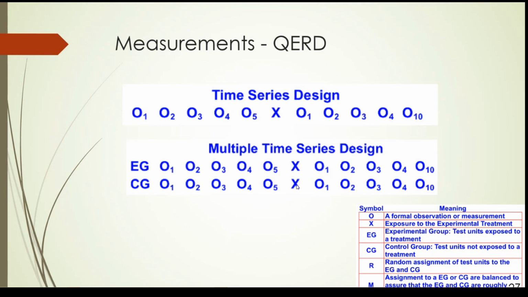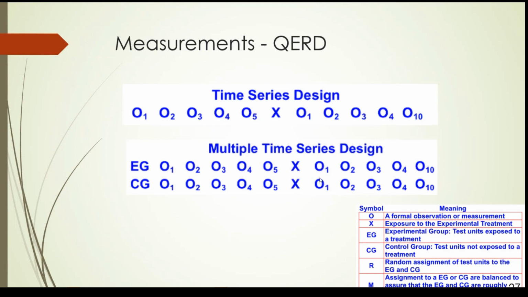In the control group, there's a typo error here. You don't subject them to the treatment, I mean, you just give them a placebo. That means you don't give them the actual modification. Okay, let me give one example. We're testing a new drug for COVID. So we get 20 people. So 10 people in the experimental group, 10 people in the control group. So in the experimental group, we observe them every week from week 1 until week 5. Then we give them the new drug. Same goes for the control group, but we don't give them the new drug. We just give them Panadol, but they do not know it's Panadol. They think it's the new drug.